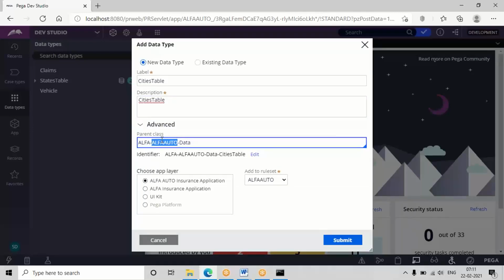See, by default, division data layer will be there. So change that to organization data layer. Then